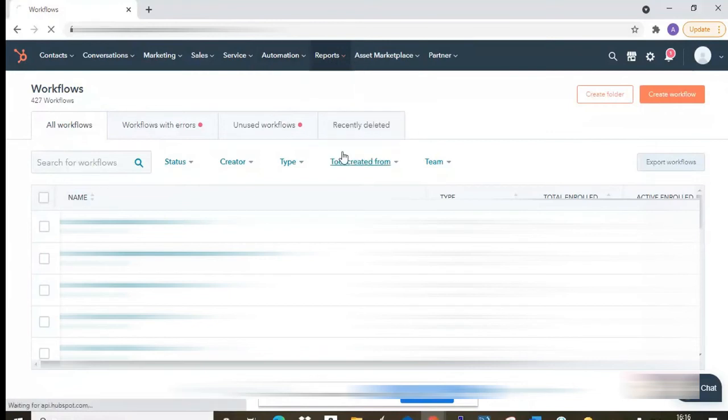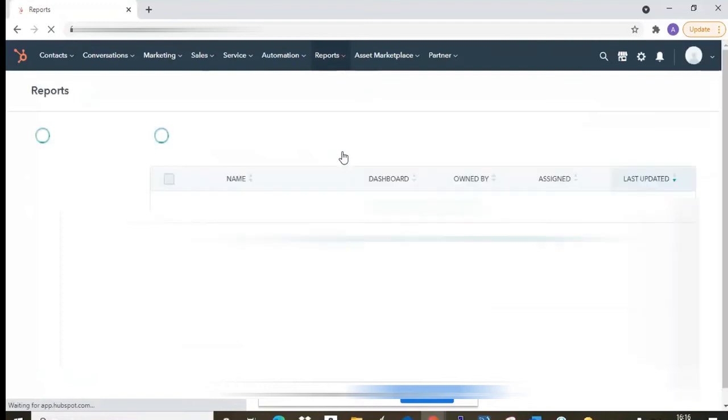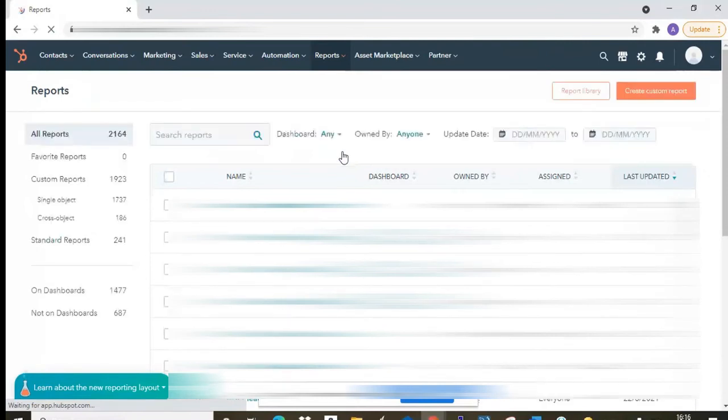So when I go on reports, HubSpot gives me a very good option of creating very wide and varied kinds of reports. So there are basically single reports, double object reports, then there are cross reports, and some new reports have also been added in HubSpot. This is the report segment which opens when we click on reports, and here you can see all your reports which exist, like whatever report somebody made. Here we can see all the reports and all the related attributes, like the dashboard if somebody has attached one, and who it is reported to, and these are the overall reports we have, like single object, cross object.